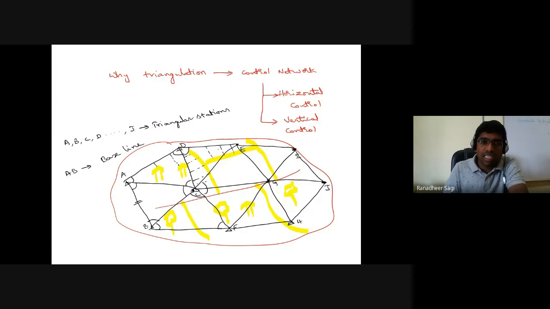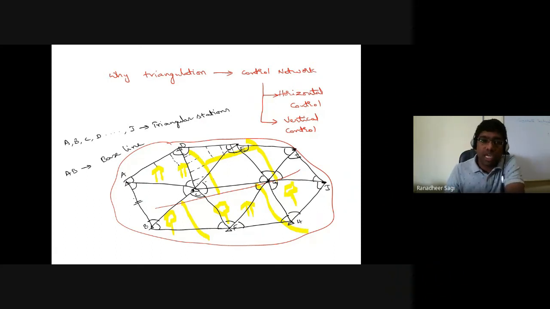We go on to measure all these angles between the different survey lines existing at survey stations, that's your triangulation stations. Once all these angles are measured with the help of the theodolite, you can make use of your sine rule or cosine rule, and find out the length of each of the lines represented in that control network. So AB line length is exactly known, and looking at my triangle ABC, the length of AB is known, the angle between line AB and line AC is known, the angle between line BA and BC is known, and the angle between the lines CA and CB is known.